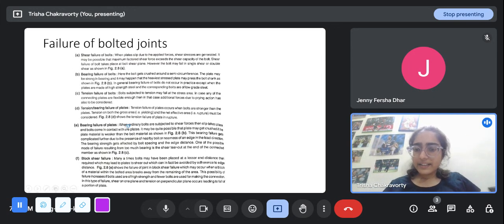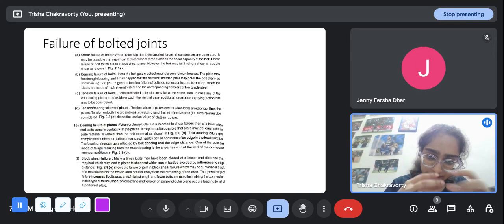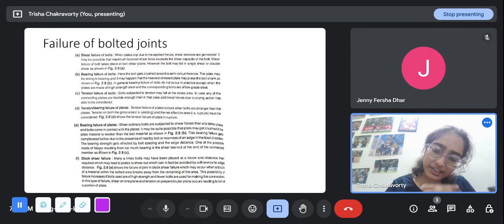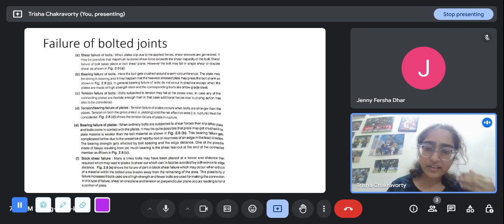Now, tension or tearing failure of plates. See, when a joint fails, it does not necessarily mean that the bolt is failing or the weld is failing. Failure of a joint is that the entire joint mechanism is failing. It could be failure of a plate, or the failure of the section at that joint point, or it could be the joint itself failing. It is anyway that it gets disengaged. It gets disconnected, which was the basic purpose of the connection.